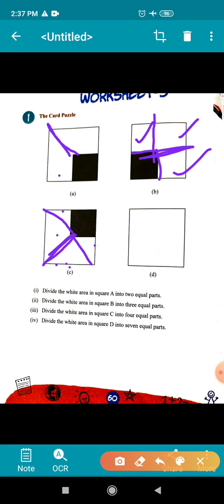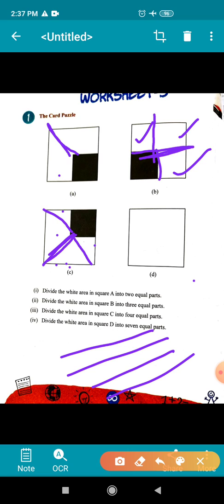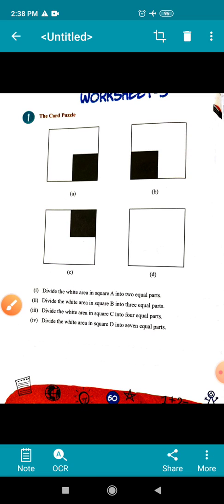Children, you please make all these diagrams with the help of a ruler. Then only it will come correct. Okay. Now here in the last diagram, what you have to do? You have to draw this figure in 7 equal parts. So what you will do? Either you will draw horizontal lines or vertical lines inside this square to divide this square in 7 equal parts. Hope you all have understood. So do this sum also in your copy. Okay. Now let us see the next sum.